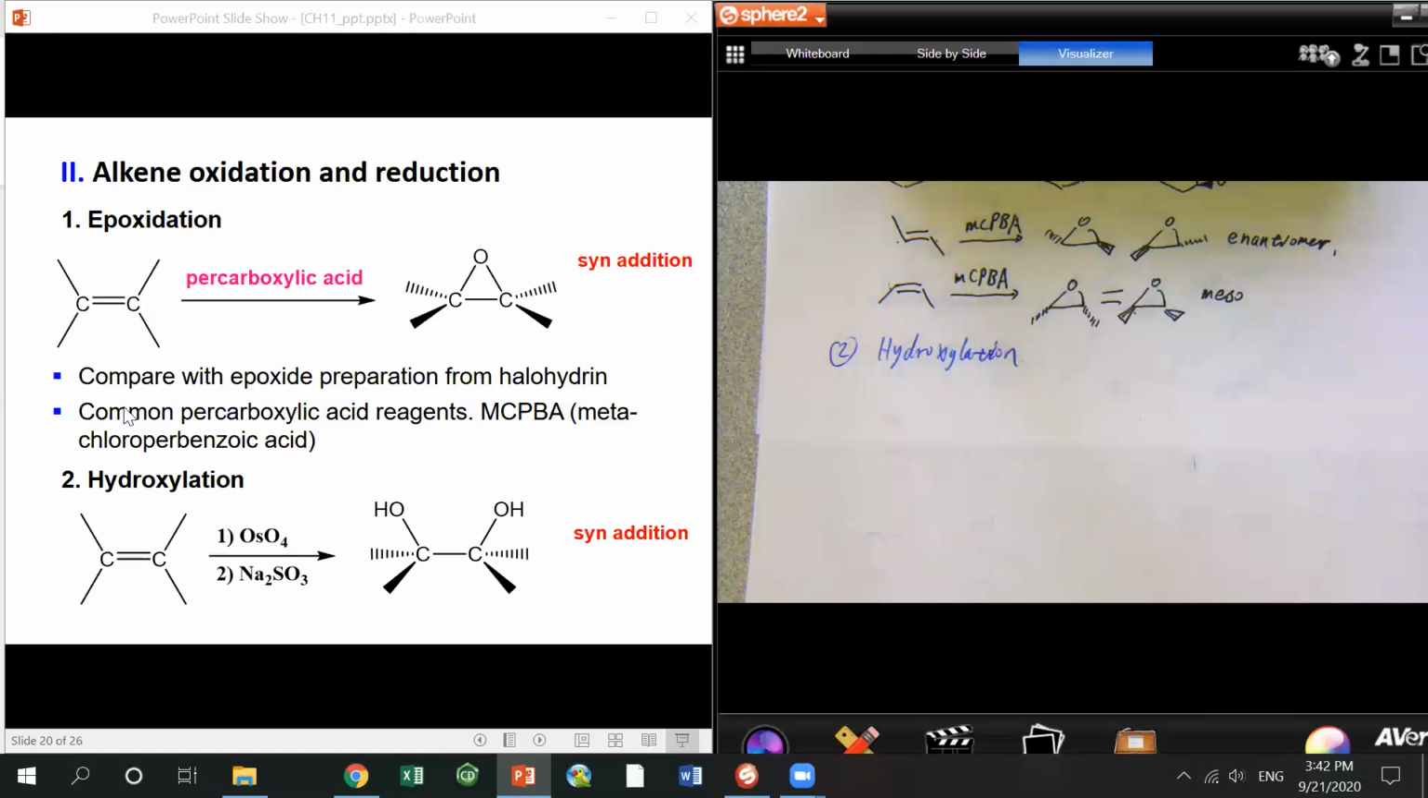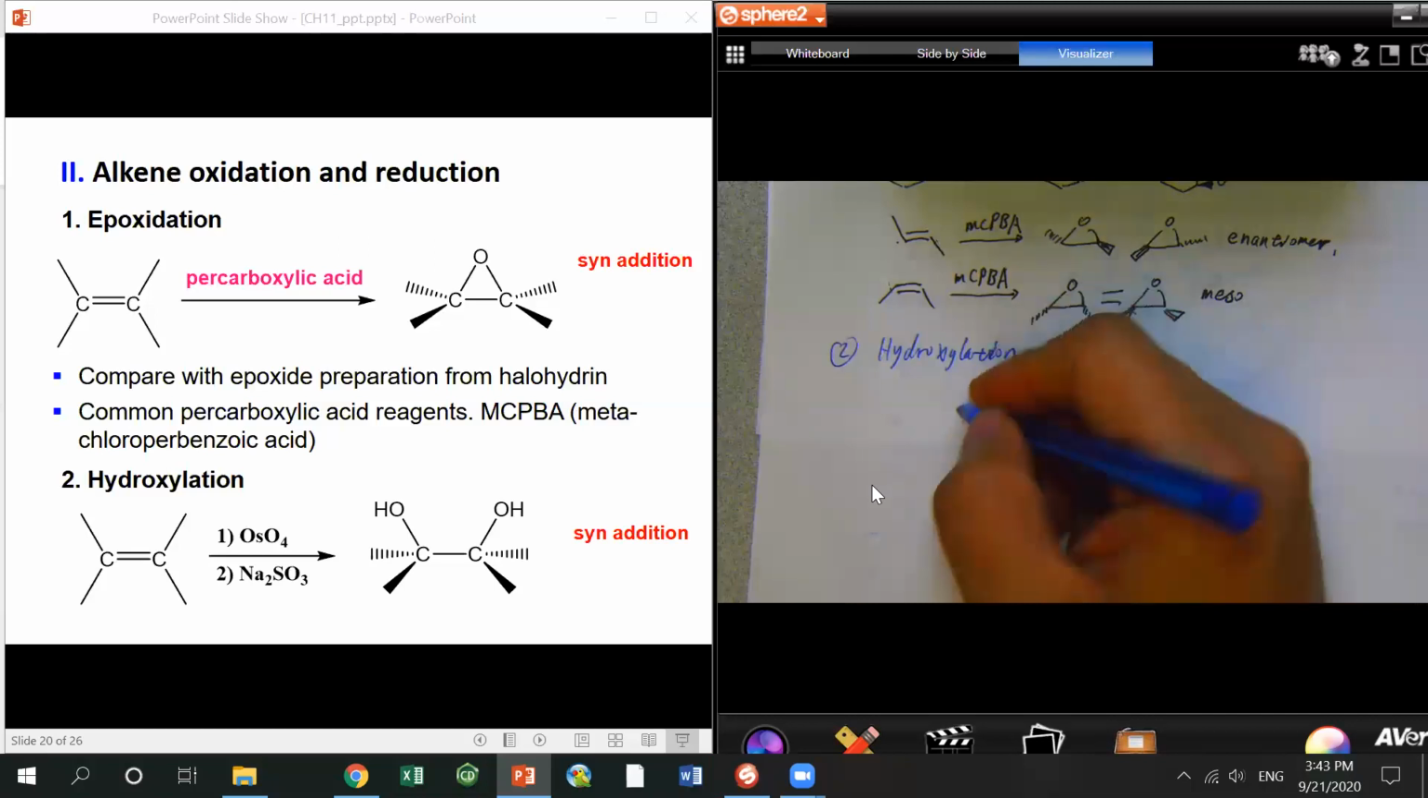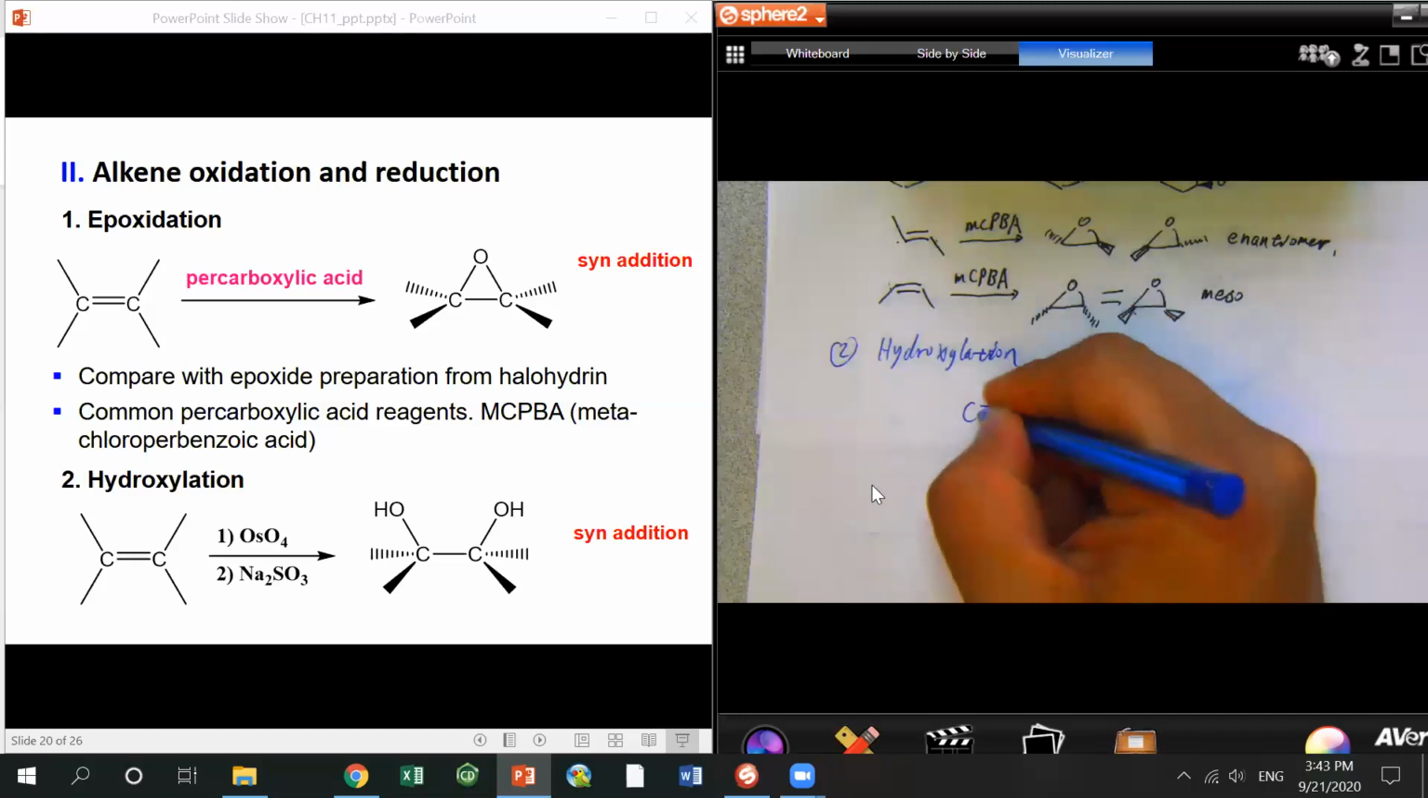So, the hydroxylation reaction. It's actually pretty easy. You apply some reagent and just add the two OH groups onto the two carbons of the C=C bond, so you generate a diol. The general reaction I already showed on the screen. So you have an alkene,